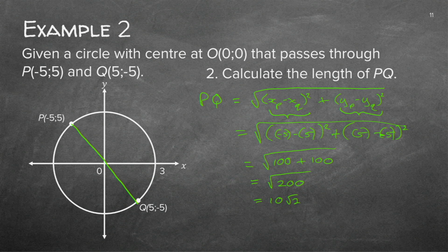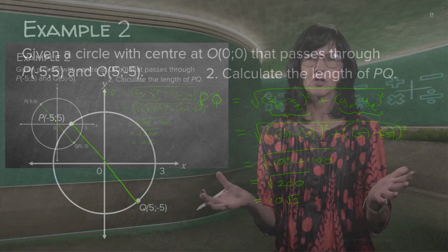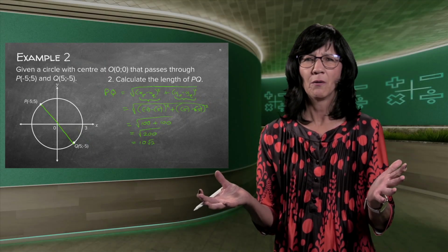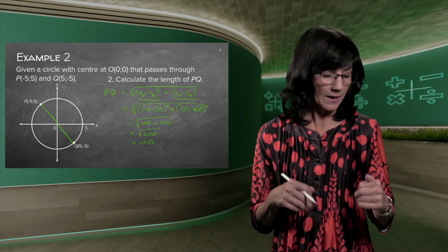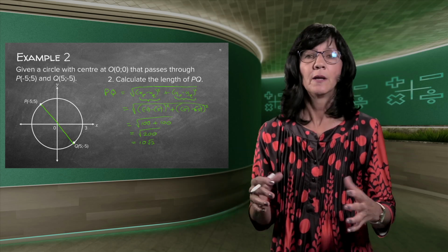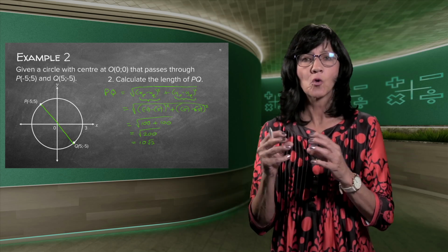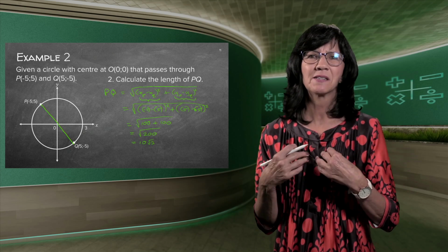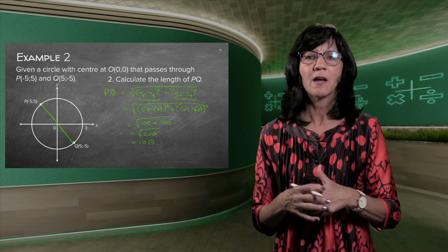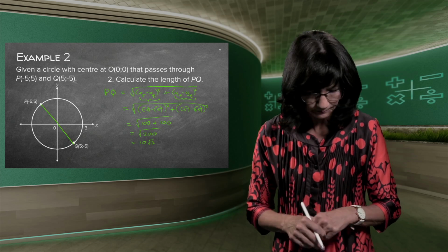We need to simplify a square root to give a nicer answer. If I tell you the length is square root 200, you will not really know what it is. But if I click my calculator, or you can just do it in your head, and I take out the squares underneath the square root, I know it's 10 comma something. So it gives me an idea how long that line PQ is. Good.